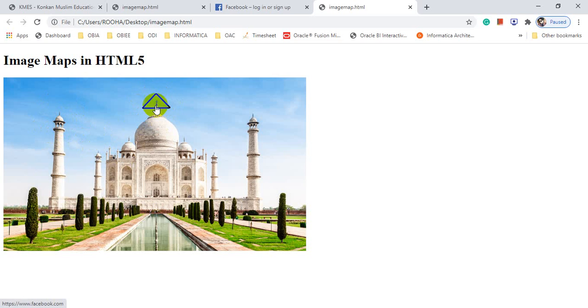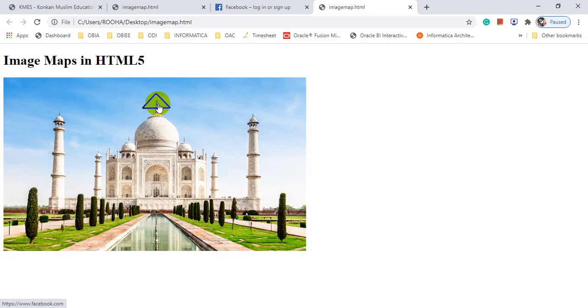Why am I showing a rectangle? Because we have taken 3 positions, this and this. So it is up to you. Minimum 3 positions you have to take, but for a polygon you can take 4, 5 or 6 points. When you click on that particular area or region, this region is called a hotspot or clickable area.